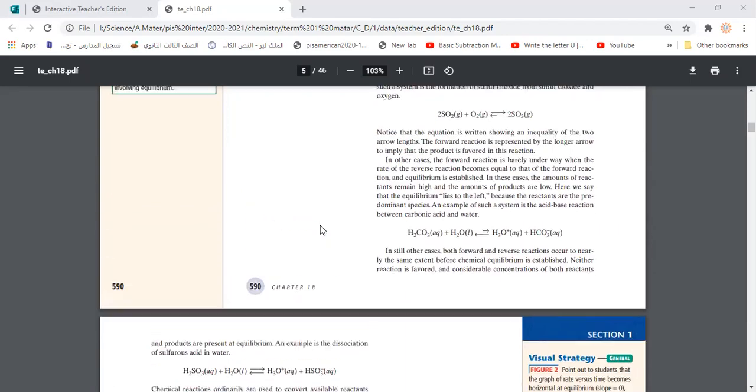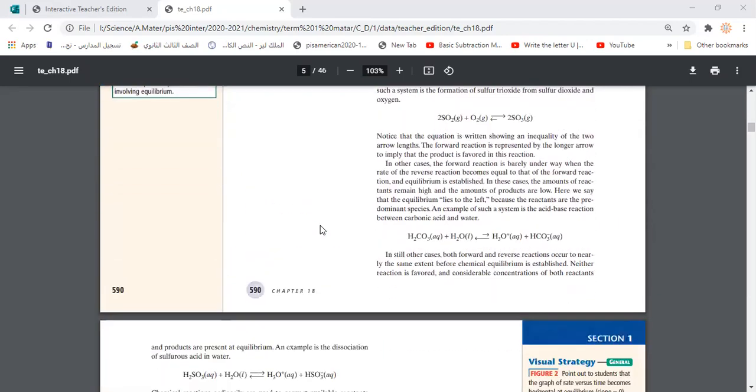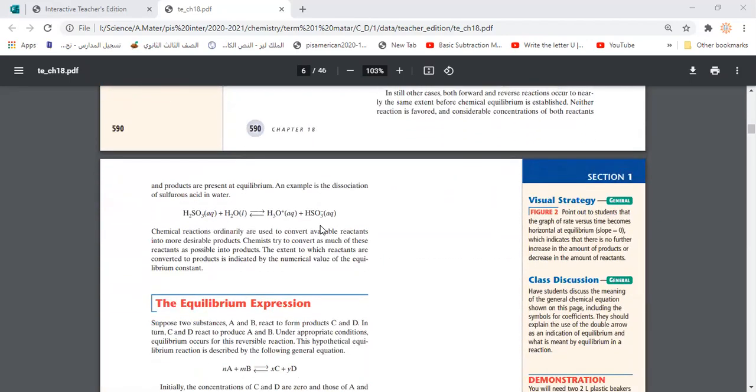So here we give an idea about equilibrium. Today we just learned what we mean by equilibrium, the reverse reaction, and how we could represent that by a chemical equation. Next time, guys, we're going to talk about the equilibrium expression, and then we start to learn how to calculate equilibrium and so on. Please study this part very well from your